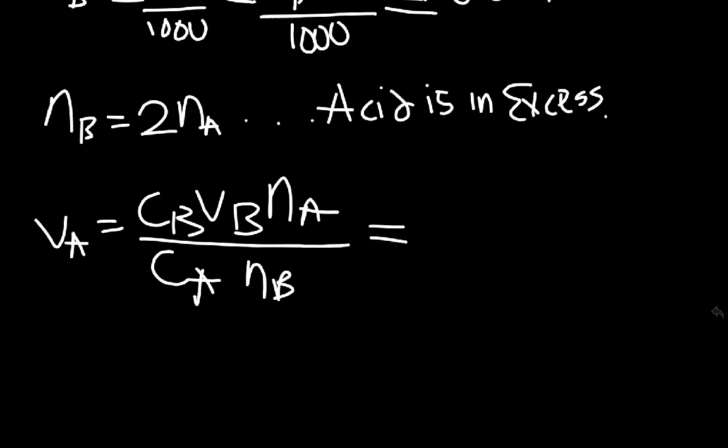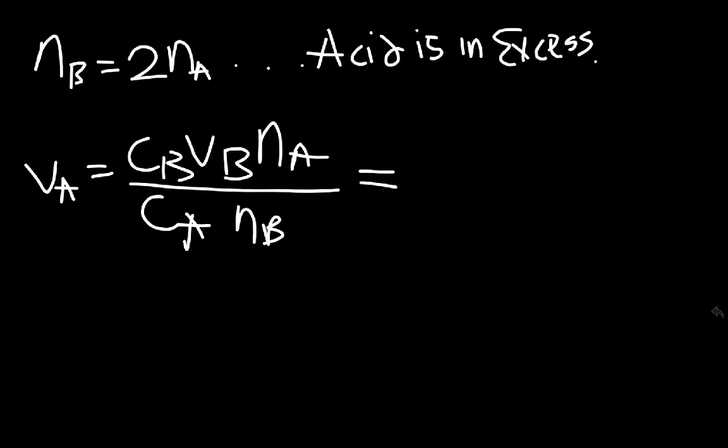If you punch all these, the conc of the base was given to be 1. The volume of the base was given to be 50. That's 50 centimeter cube of potassium hydroxide, and the mole of the acid was given to be 1, over the conc of the acid